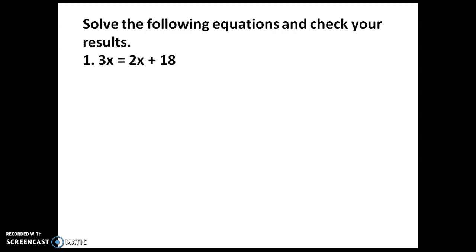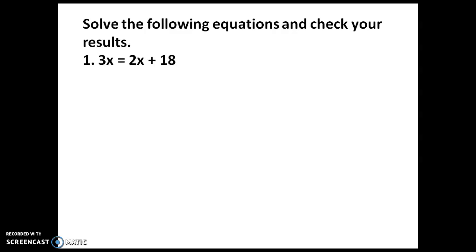In this exercise, it's very similar to the previous exercise, but the only difference is that in the previous exercise we had a linear equation in the form of ax plus b equal to 0. Solving meant finding the value of x, that's a solution for the equation. That's how we did it in the previous exercise.